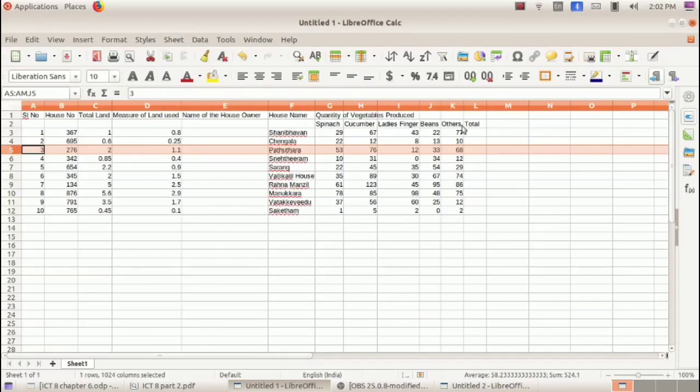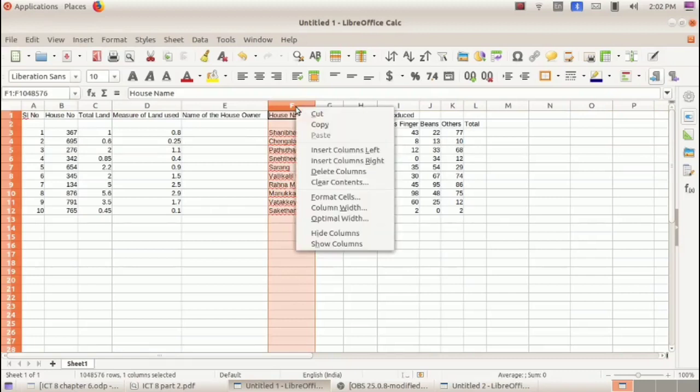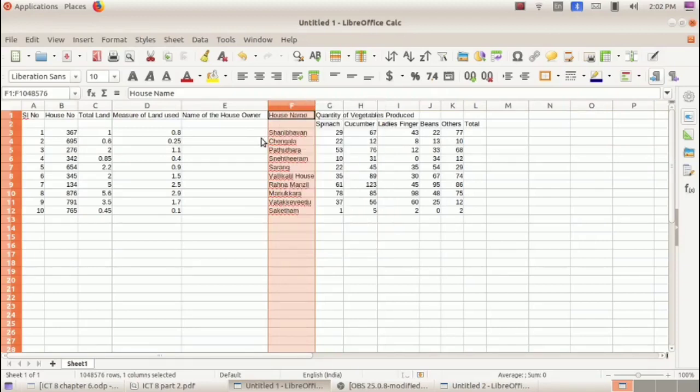Second method is to select a column or row. Now I have selected this column F. Then click the right button of the mouse. Then we can select the required option from here, insert column to left or right.